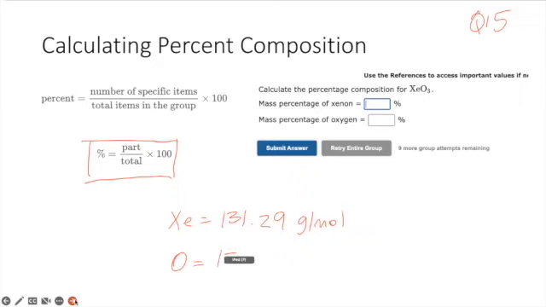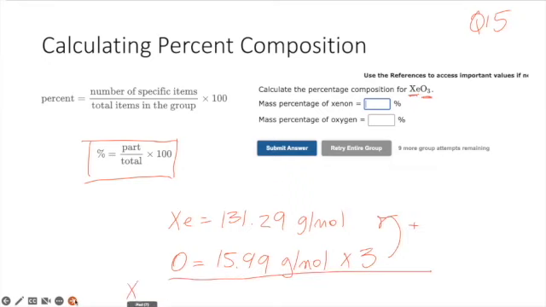Oxygen, which I'm going to use 15.99 grams per mole. Now, there's only one xenon, but there's 3 oxygens. So for the entire molecule, I need to multiply 15.99 by 3 and then add it to the xenon to get the total weight of this molecule, which when I do the math,